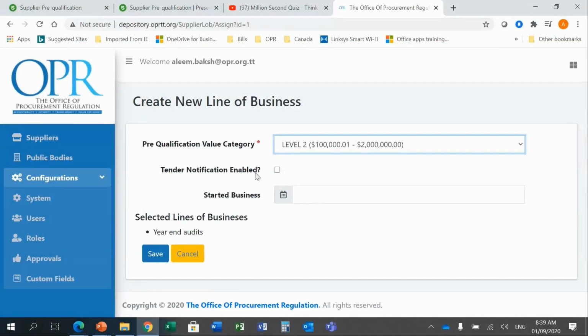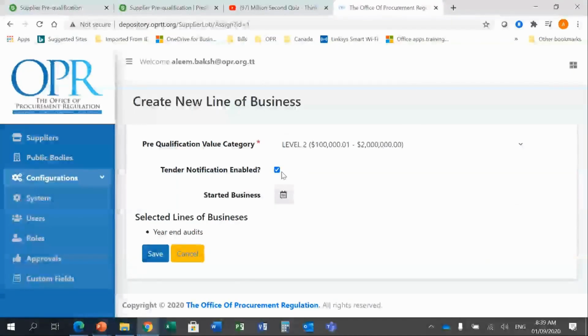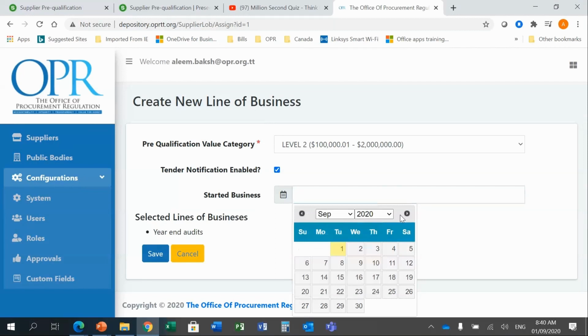at. And here on the tender notification, this checkbox will indicate, so when a public body publishes a tender that belongs to a particular line of business, and let's say you have this exact line of business, you will then get an email notification to indicate that there is a new tender available from this particular public body. All right. So then here under the start of business is where you will specify the date when you would have been